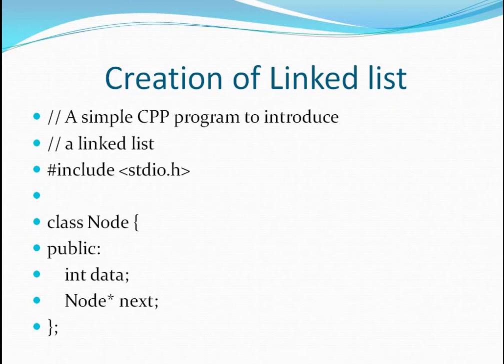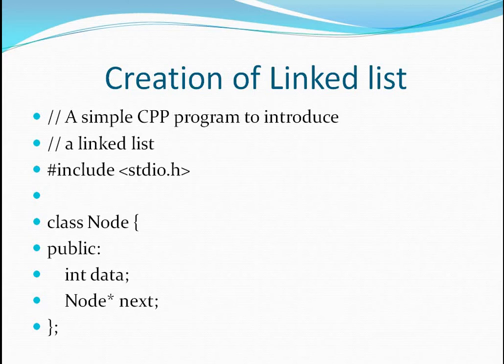Today I am going to show you with the help of a simple C++ program how you can create a linked list. Here we are going to create a linked list consisting of 3 nodes. First I will create 3 nodes, and each node will have its own pointer, and after that we are going to link the nodes together. First we will create the nodes, then we will link them together, and the external pointers to the second and the third node will be deleted. Only the external pointer to the first node will be there, because through that external pointer you will be able to traverse the whole linked list.